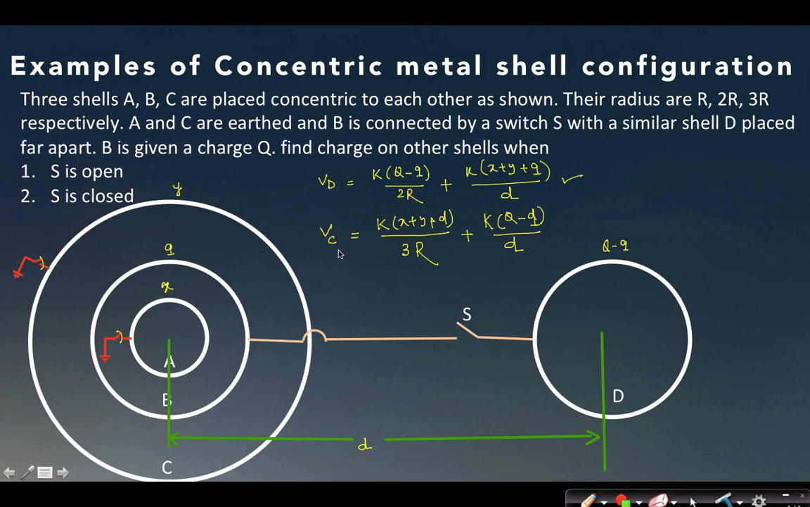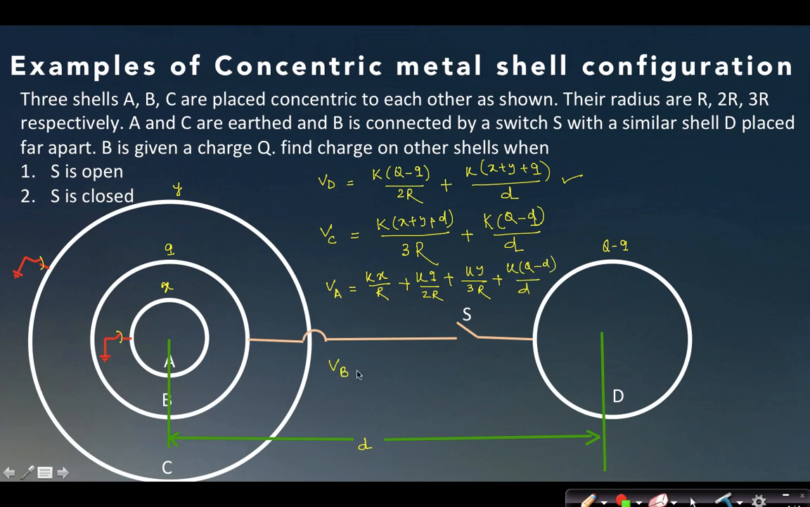So in that way I will write the potential of the shell C and shell D, and then if we have to write the potential of the shell A and B, then I will just add the potential due to this shell D with each of them. So potential at A will be K into x by R plus K into Q by 2R plus K into y by 3R, and plus potential due to that outer shell K into Q minus d by small d,